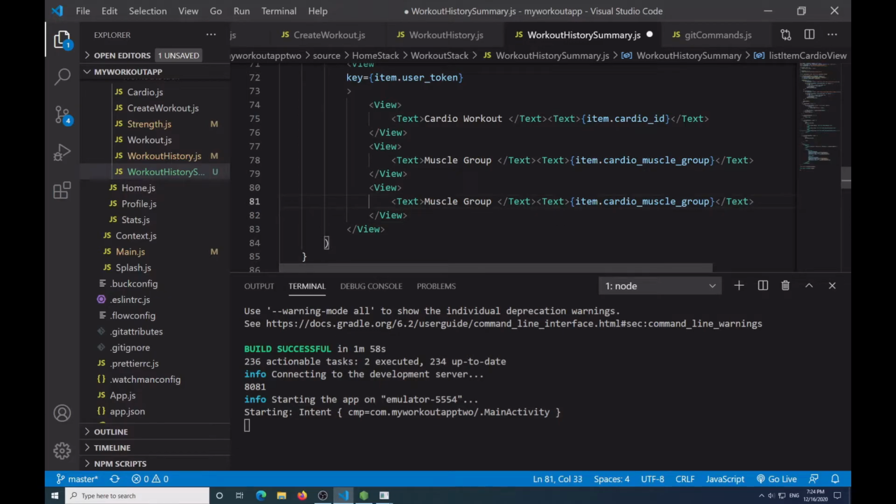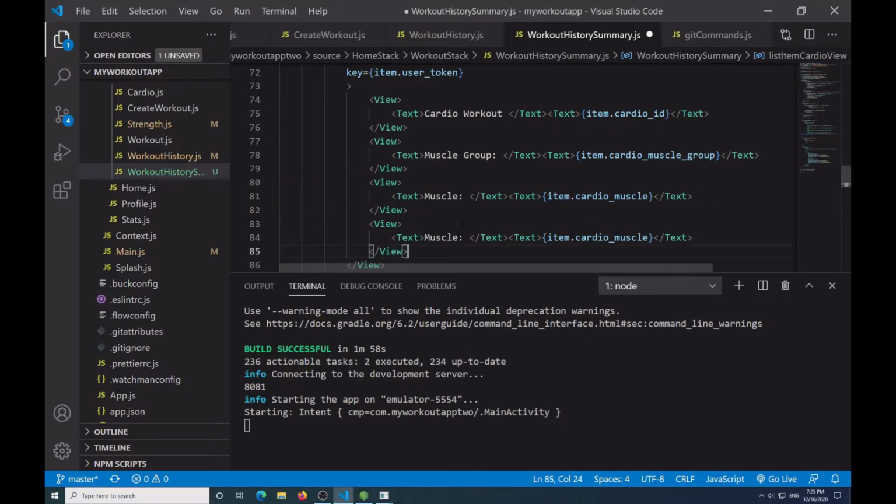So I just put muscle, let me put a colon after that. So muscle, then it's going to be item cardio muscle,